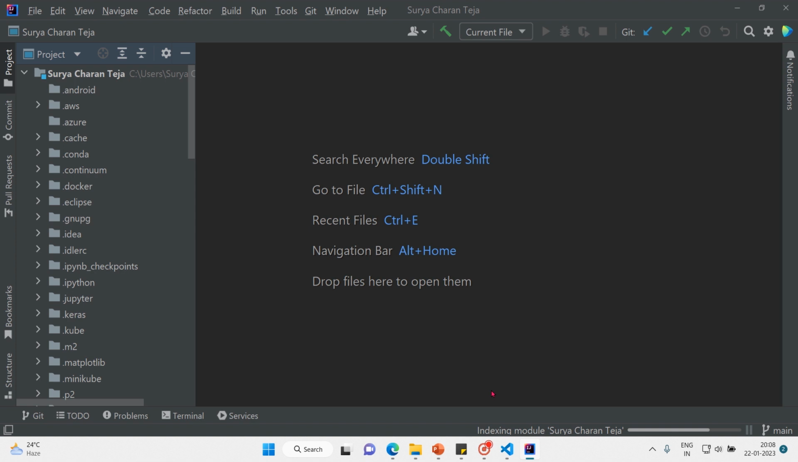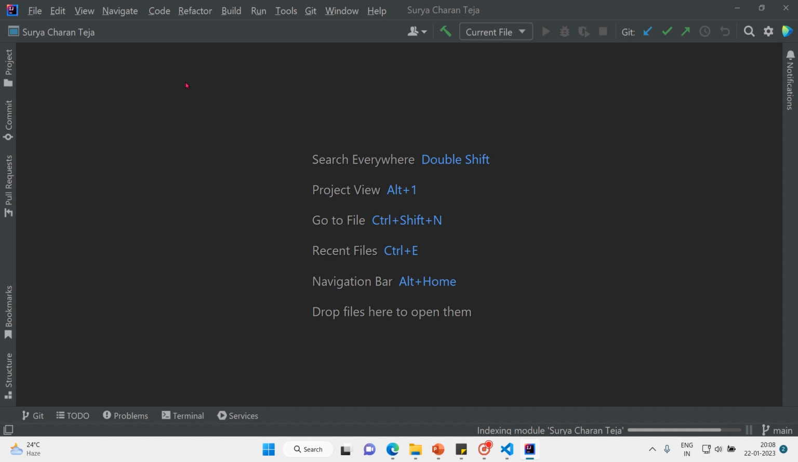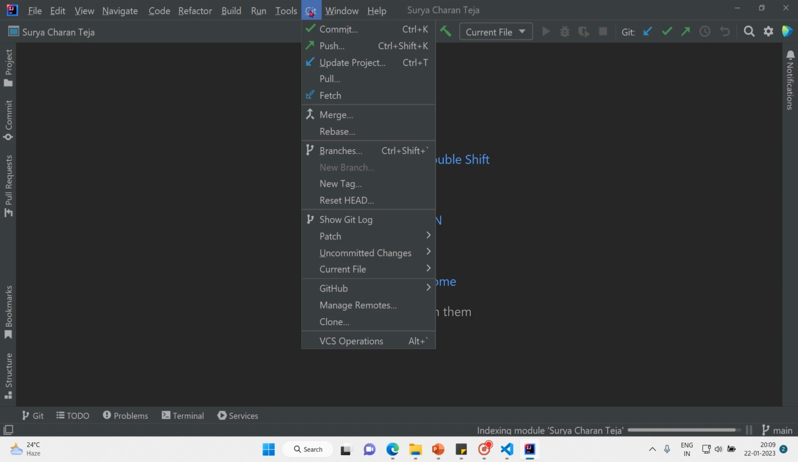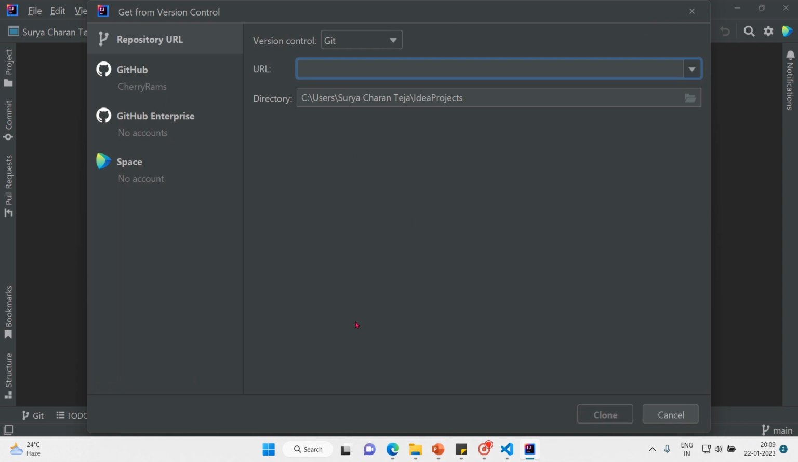Now it's time to clone your Git repositories. So for that, before that, I will minimize this one. It's not required for us at this moment. So it saves some space for me. So now on top of the main menu, I'll go to the Git. I click on the Git. Here you can find a lot of options: commit, push, update project, pull, fetch, merge, rebase, branches, new branch, new tag, reset head. Out of which I'm gonna select clone. So when I click clone,